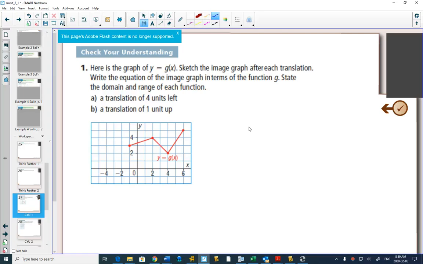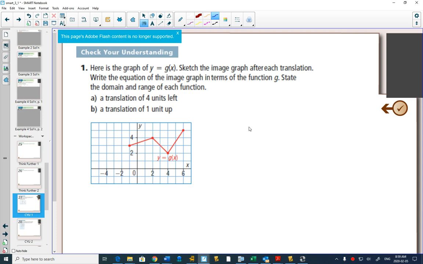Into our example. So here's a graph of g of x. What's different about this example from what we did previously is that that's not a graph that we know. That's not an x squared graph. It's not an x cubed graph. It's just a bunch of lines put together. But even if you have just a bunch of lines put together, you can still move the graph left, right,